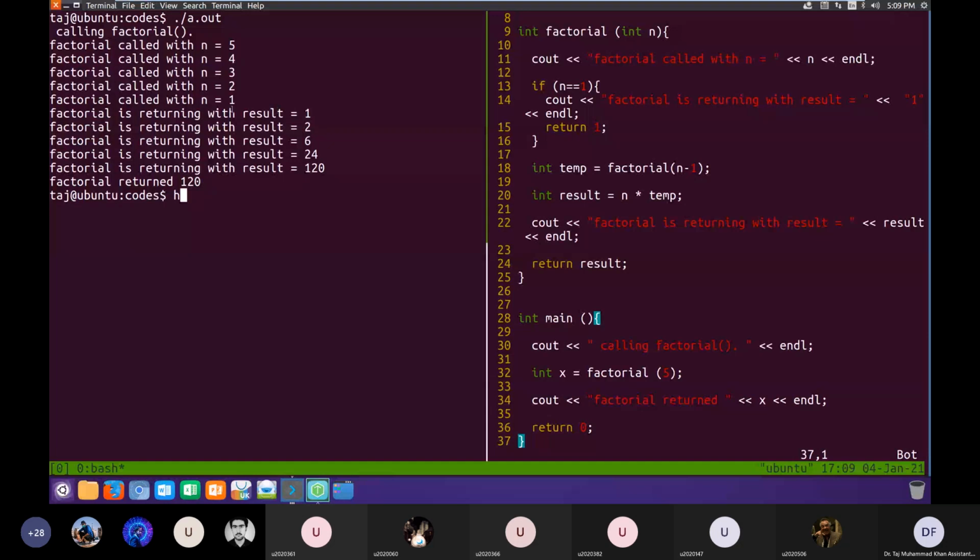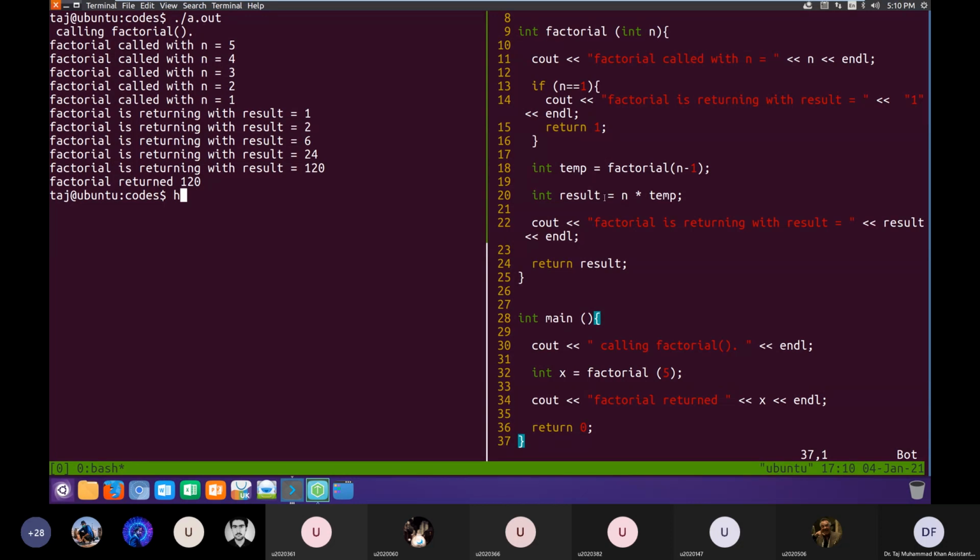So this 1 that is being returned in the last call, where will it return? Where will this value be sent? It will be sent to the second last call, where factorial 1 was called when n was equal to 2. In the second last call we had called factorial 1, so this 1 returned by the last call will be returned here and stored in temp. So temp has been created for every call.